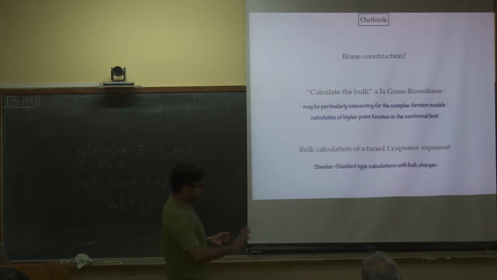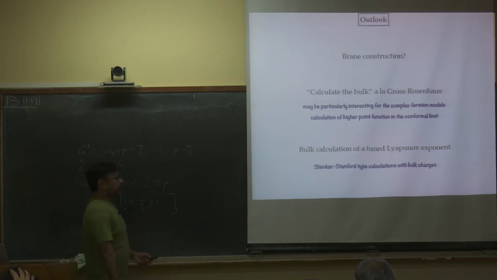As far as I understood, the goal is, in some sense, to calculate the bulk, in the sense that you can keep computing higher and higher point functions of such models, in the hope that you learn something about the bulk at the end of the day. They are looking at the original SYK, by which I mean the Majorana fermions, but of course you can try to do that with complex fermions, and in some sense the resemblance might be more familiar, in the sense that, as I said, you can put arrows and then things can look like matrices, etc. So you can try to calculate higher point functions in the conformal limit, etc.